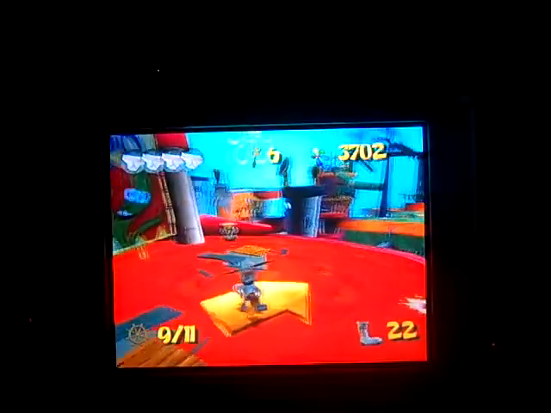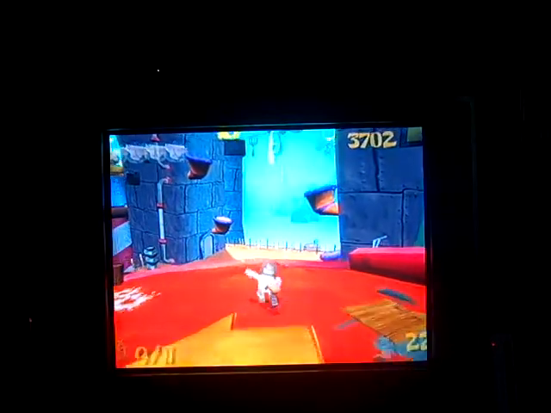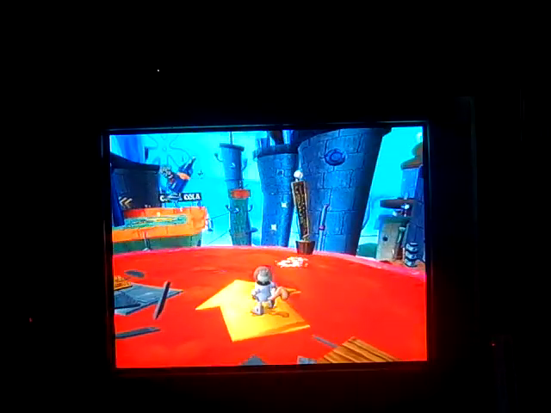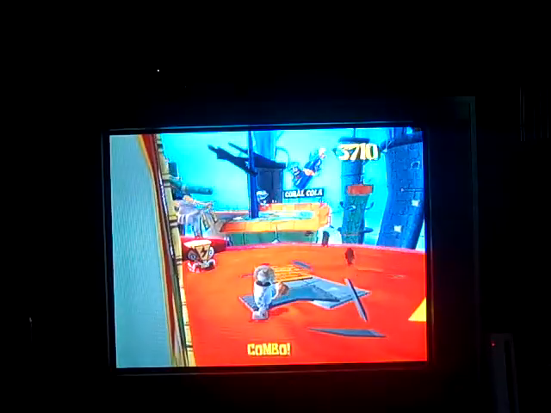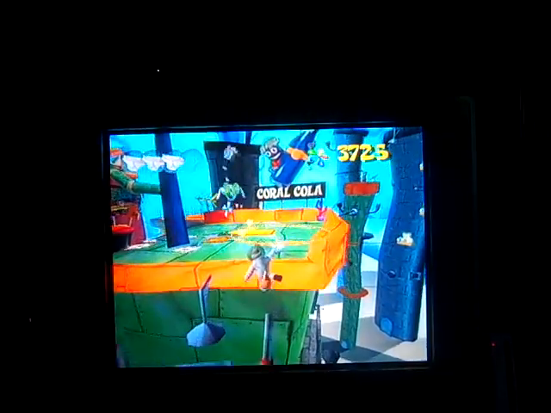Now you could tell, we also got the checkpoint, because after these trampolines, it leads us to here, and we get a checkpoint. So we were right here. Bam! I thought that was a perfect place to stop. And now you see we're destroying some tikis, and over at the Coral Cola rooftop,